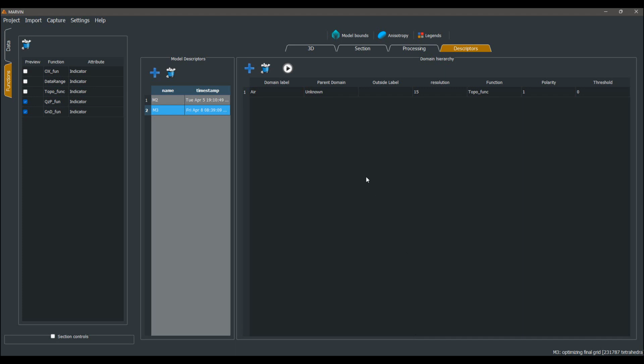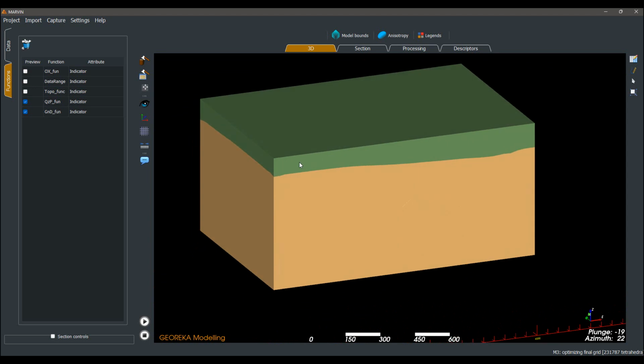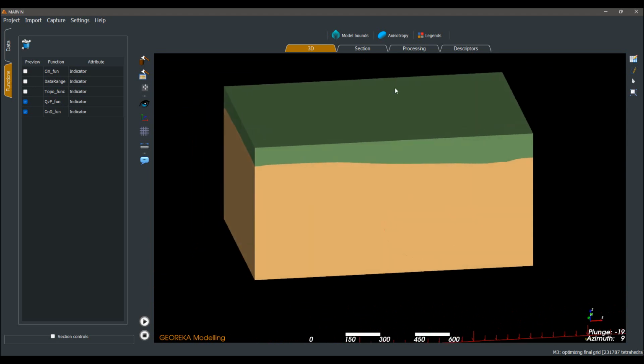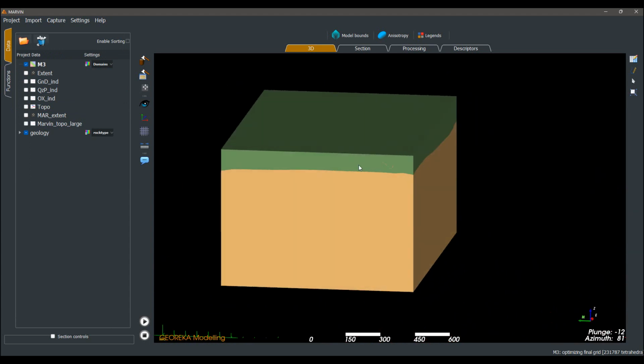I just paused the video a bit while it was processing. Didn't take too long, but it's not really necessary to wait for that in the video. And once it's processed, you'll hear a sound, and you can go back to the 3D tab to see the